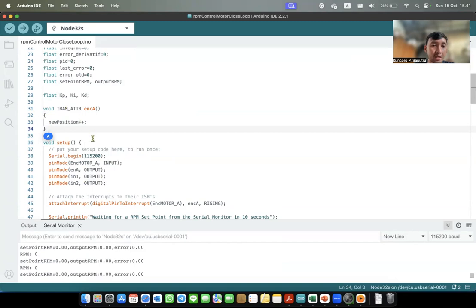So when anything is sensed from the sensor, the new position variable will increment.